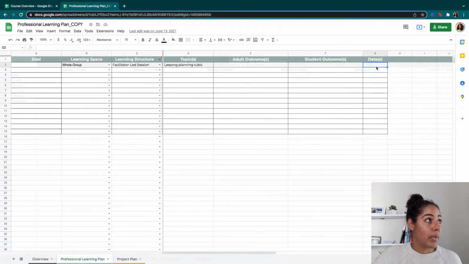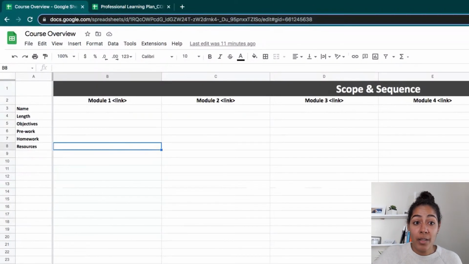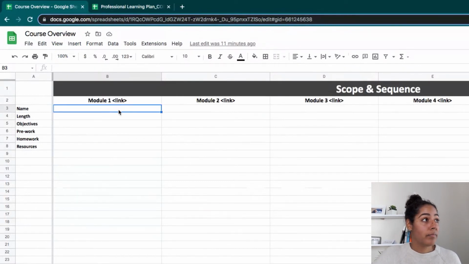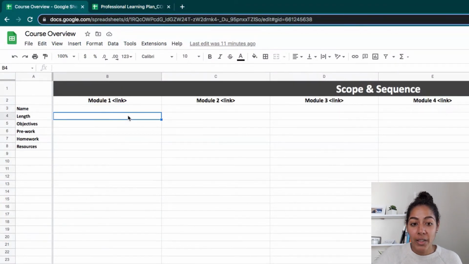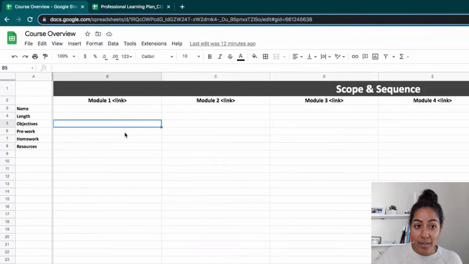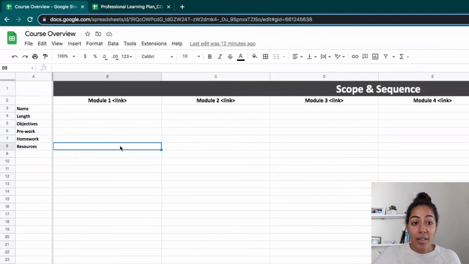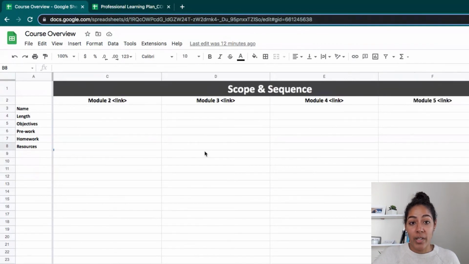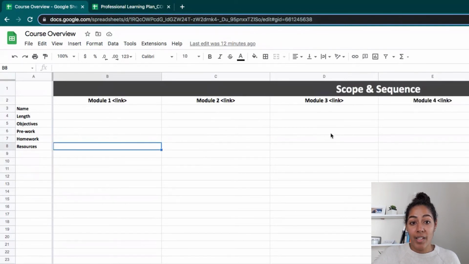So that's one example. Here's another example that you might use if you're doing a digital course or a small group coaching program and you have different modules. So in this example, let me get my mouse over here, you would put the name of the module that would include the topics. You would put the length that this is happening. So is this going to be a 30-minute video or a 90-minute live call? What objectives are going to be covered, and here's your pre-work, homework, and resources. And you would do that for each of the different modules you have, adding however many that you have in